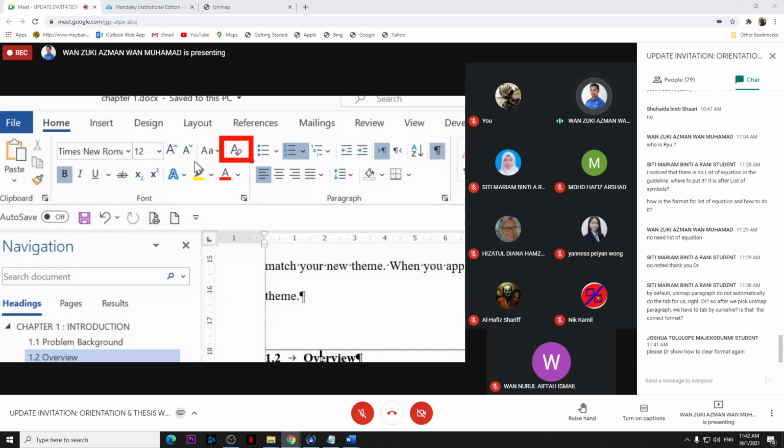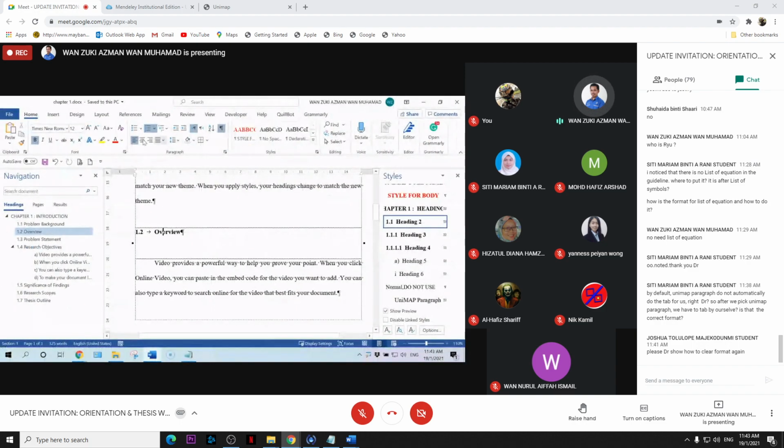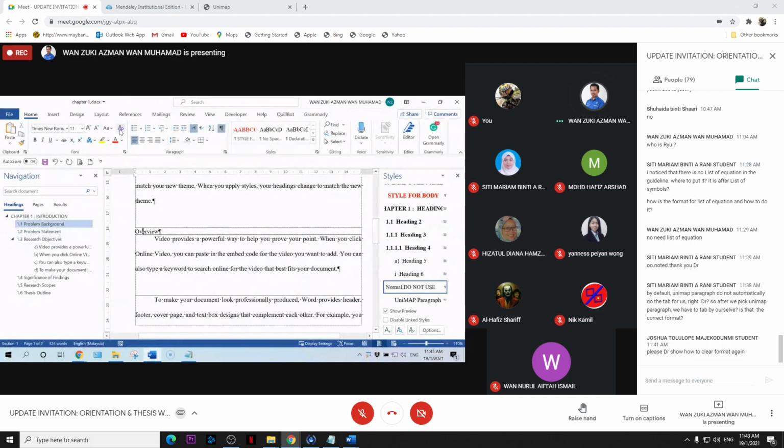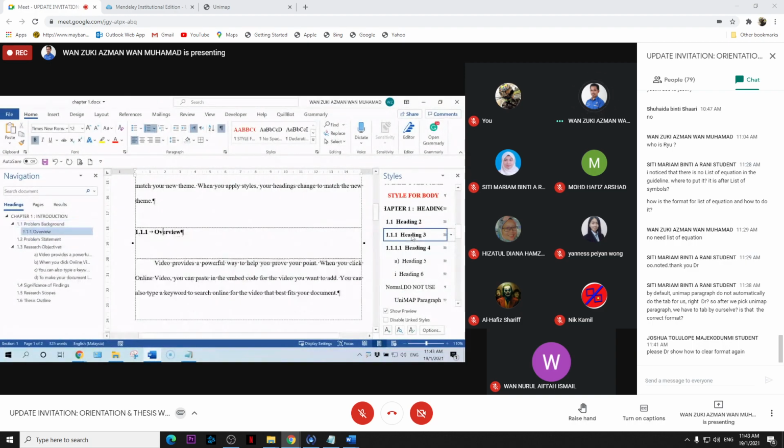The eraser color depends on your version. If you're using 2010, the eraser is white. If 2016, red. For 2019 and 365, purple. So just click clear format, and then you can select the new style if you want to change the style.